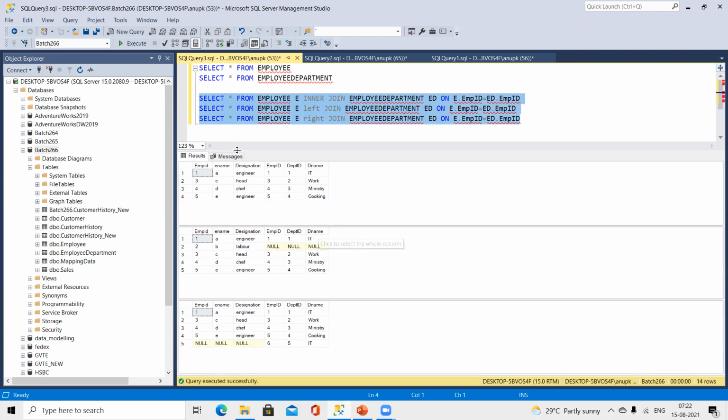Okay. So in the inner join, we just got 1, 3, 4, 5 because those were matching. In the left outer join, I got 1, 2, 3, 4, 5. If you see now in the right outer join, I'm getting 1, 3, 4, 5, and then null. This is from the left table, and from the right table we are getting 1, 3, 4, 5, 6,